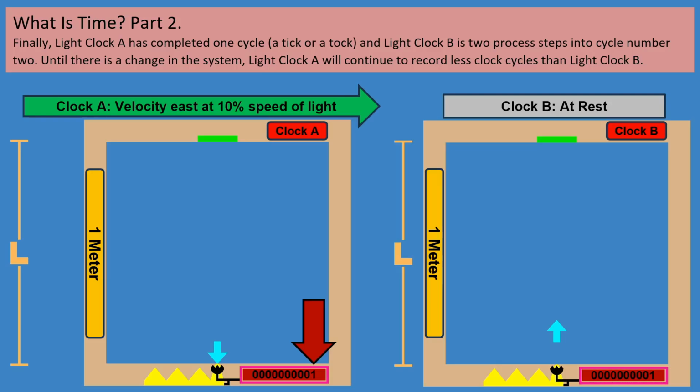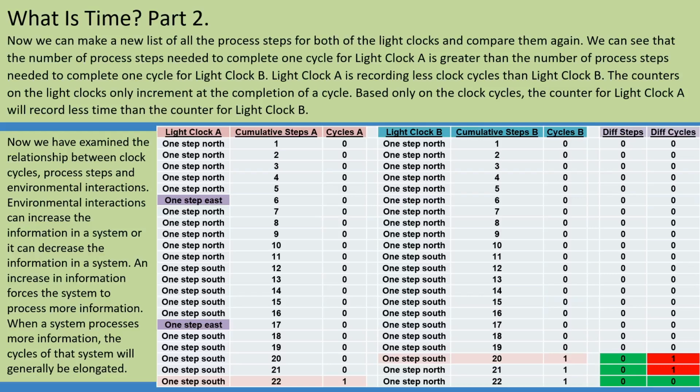clock B. Now we can make a new list of all the process steps for both of the light clocks and compare them again. We can see that the number of process steps needed to complete one cycle for light clock A is greater than the number of process steps needed to complete one cycle for light clock B. Light clock A is recording fewer clock cycles than light clock B. The counters on the light clocks only increment at the completion of a cycle. So based only on the clock cycles, the counter for light clock A will record less time than the counter